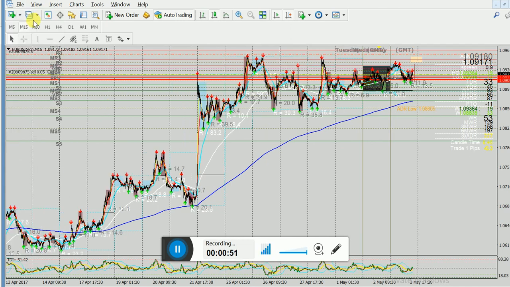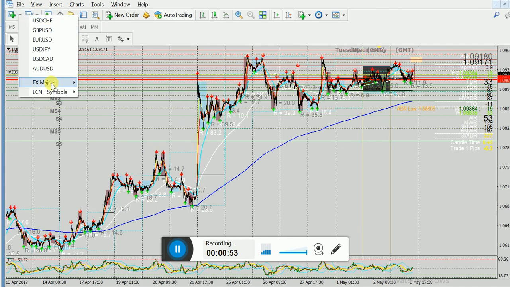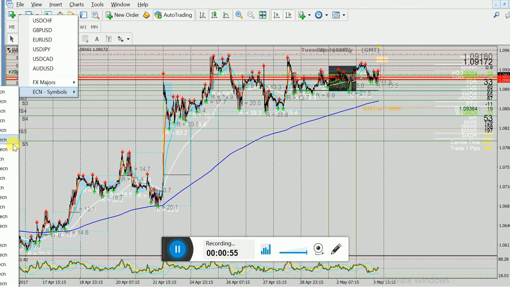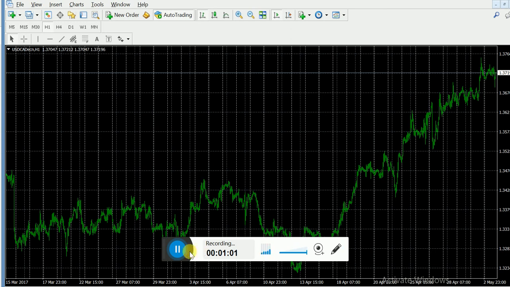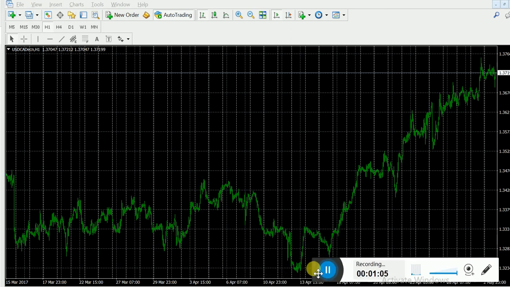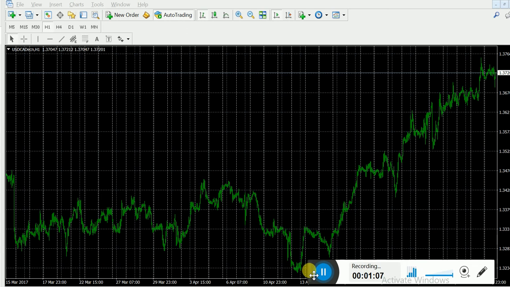So let me go ahead and pick a random pair here, and I'm going to give you a rundown on how to analyze a pair. For all the newcomers, pay attention, join the sessions, and I'm going to start going over in a lot more detail. Okay, first, when you open up a naked chart when you log into your MetaTrader account,